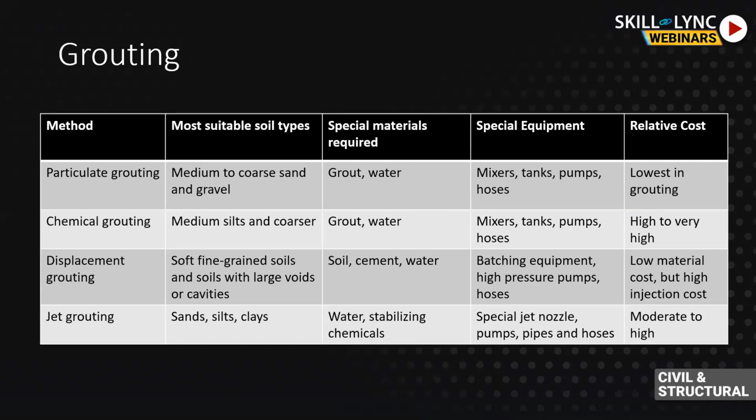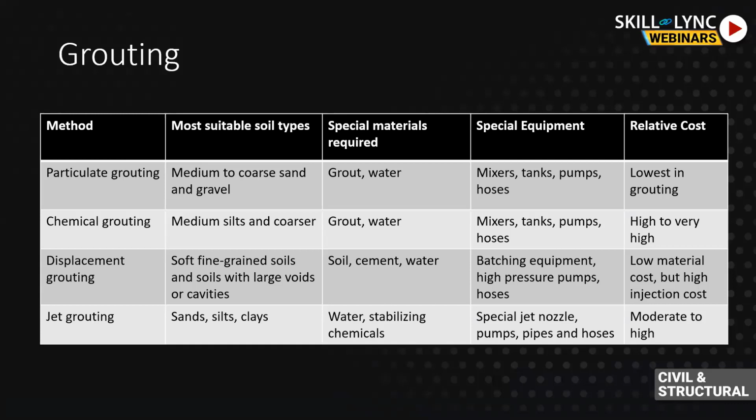When there is a coarse sand or gravel deposit whose permeability needs to be reduced, we can just mix fine-grained soil with water and then pump it into the voids with high pressure so that the fine-grained soil fills the gaps, and that can also be called grouting. It need not necessarily include chemicals. That is particulate grouting, and in that case the grout is generally a suspension.